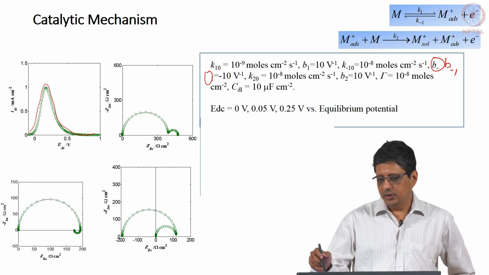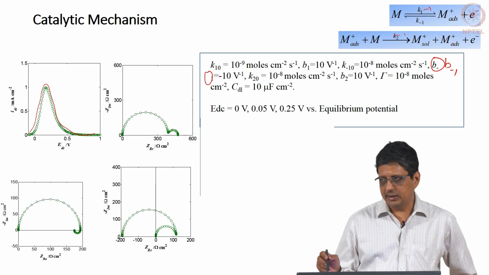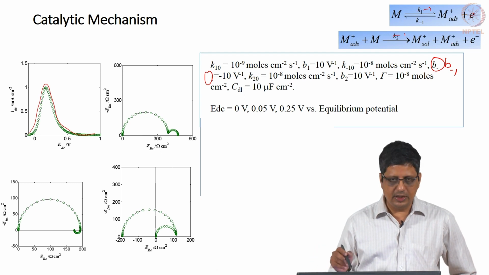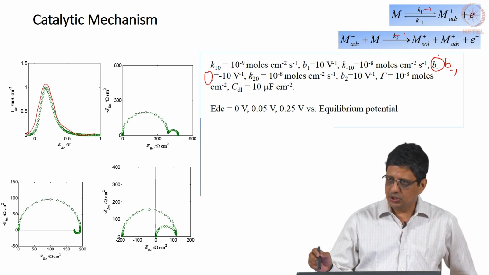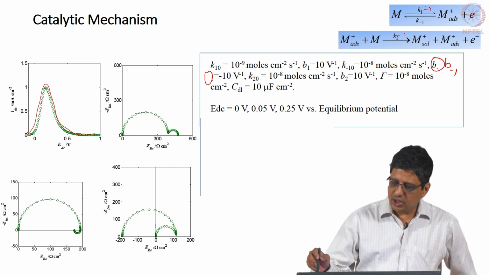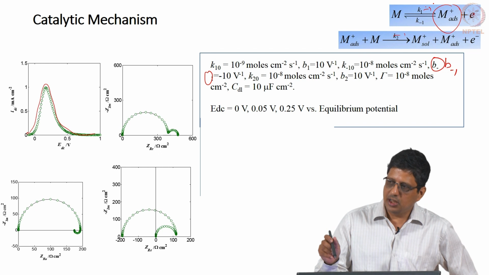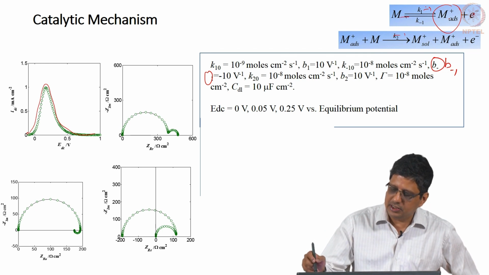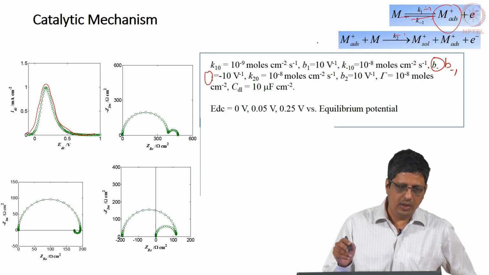What it means is, when potential is very low, the forward reaction is not happening to a large level, this reaction is not happening to a large level, we are not getting electrons because K1 is small, K2 is small, current is more or less 0. When potential is very large, K1 is large, K2 is large, K minus 1 is small, no problem at all, but when it is large, most of it is metal adsorbed. So, theta goes to more or less 1. It is not going to remain at 1 because when it is close to 1, some reaction will happen in the reverse direction. It is not 0, it is a small value, but theta is almost 1. Therefore, net current is almost 0.